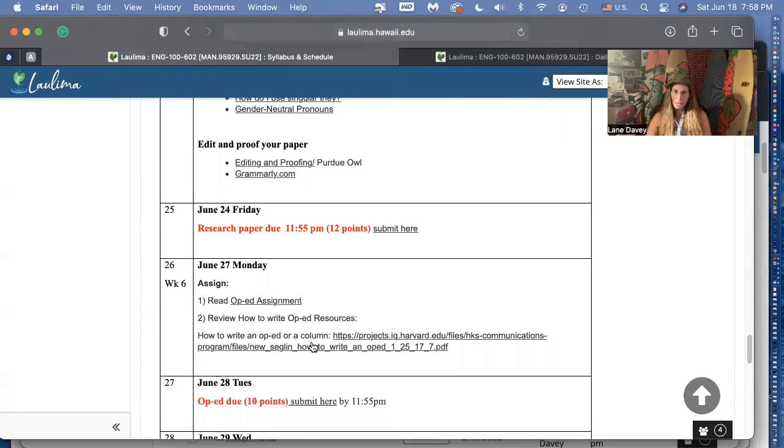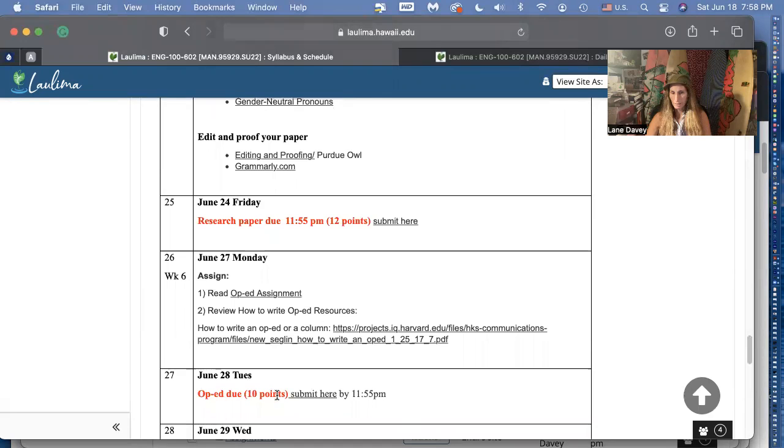And then by Tuesday, you already turn in your op-ed. So that should be pretty quick too. So you should have a research paper. It's going to be 1,500 words plus. You can go over that limit, but the op-ed is going to be limited to 650 words. So you're basically taking this research paper and turning it into an opinion piece that should be like the Amy Shallot article to some degree.